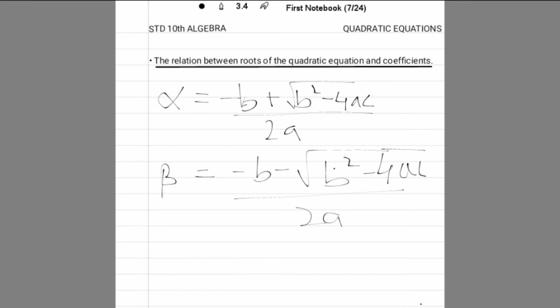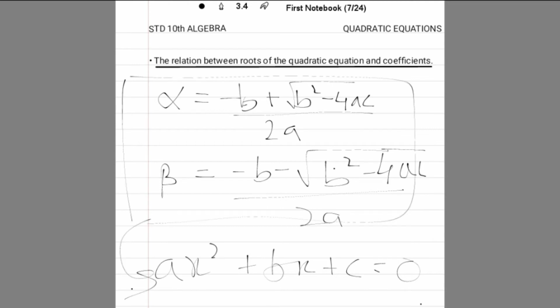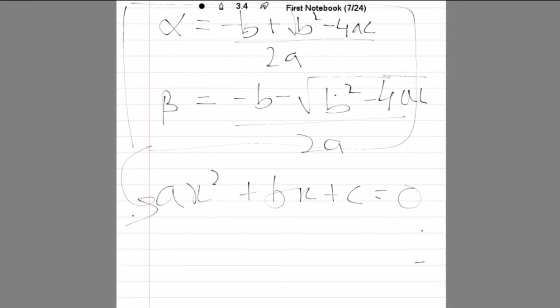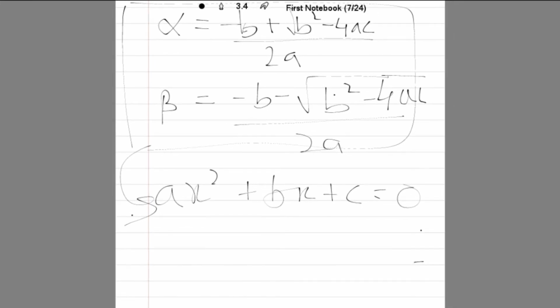So these are the two roots, and we need to get the relation between these two roots and the coefficients of the general form of the quadratic equation, that is ax square plus bx plus c. This is because we have written these roots for this general form, right? So based on that we will find the relation between these two. First, suppose we just add these two roots, what we will get is alpha plus beta is equal to